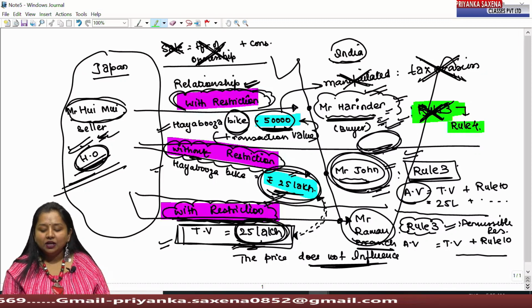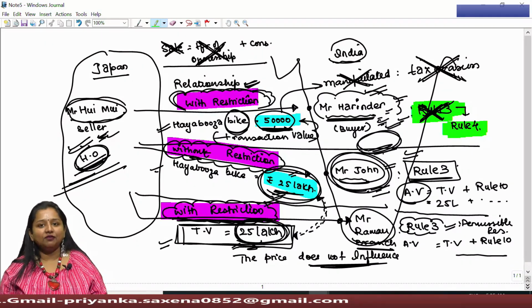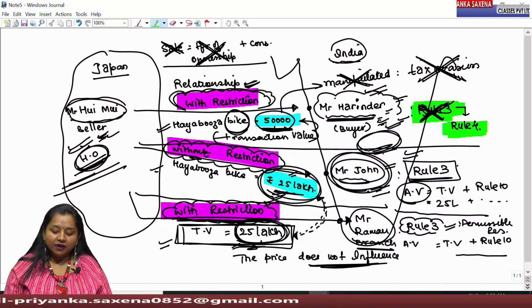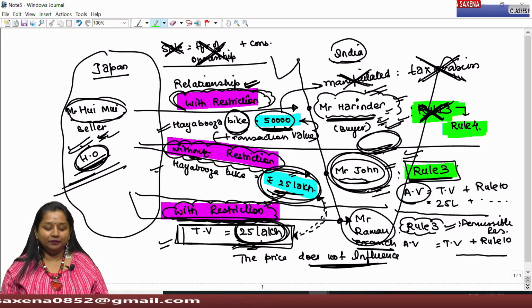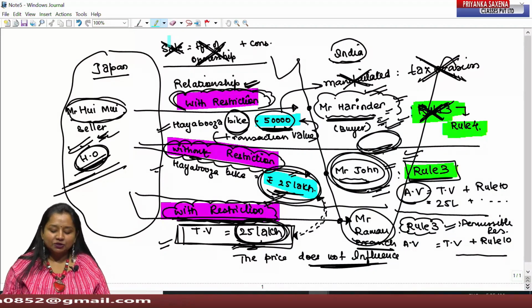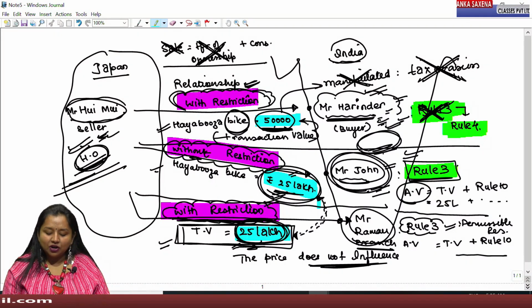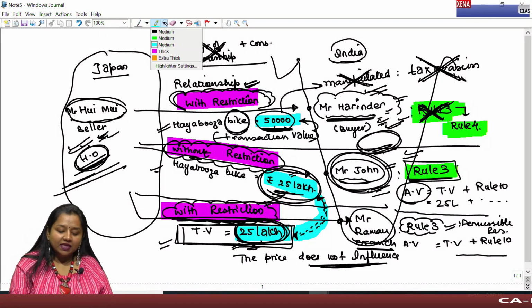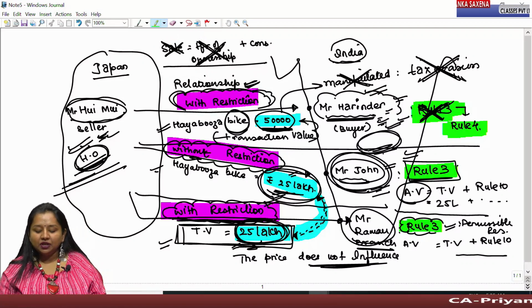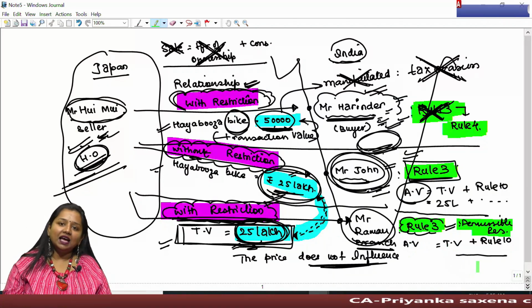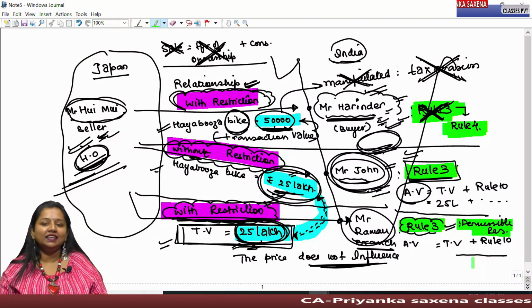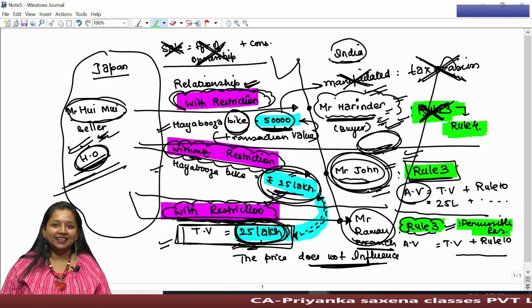can never be applied, due to which, by proceeding sequentially, we have to go for another rule. However, if there is no restriction, then directly rule 3 can be applied. However, as per the exception, we can also conclude that even in the case of any restriction, if the price has not been influenced, which can be determined by making a comparison, then under permissible restriction rule 3 can be applied, wherein such transaction value shall be taken as the assessable value after aggregating the different additions given under rule 10.